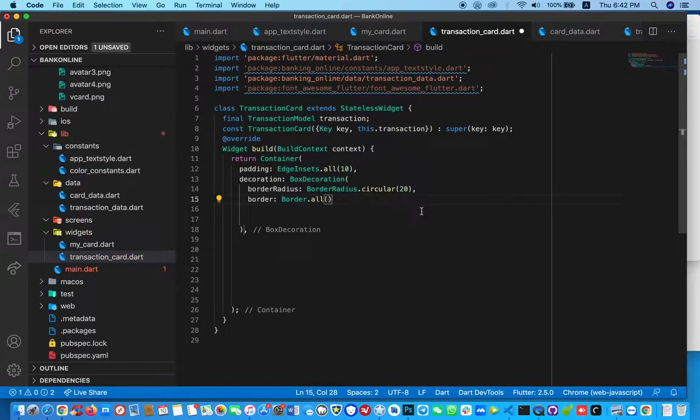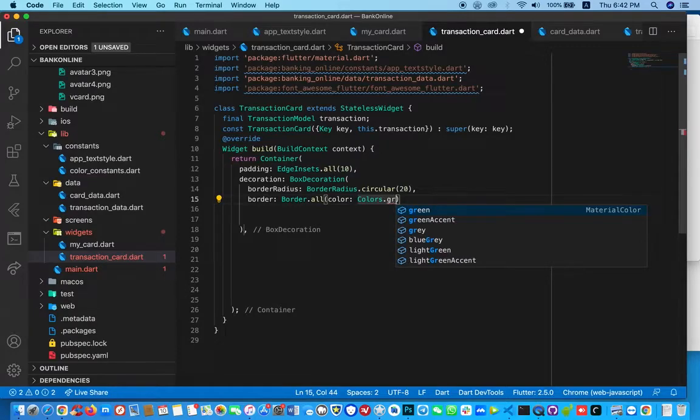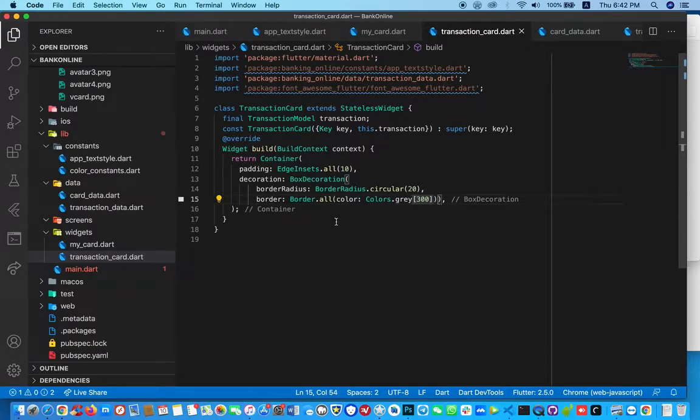Okay, and the color for the border will be, let's say, Colors dot, let's use gray, and then let's use the shade 300. Okay, so now we have set the borders, we have set the radius, and next what we have to do